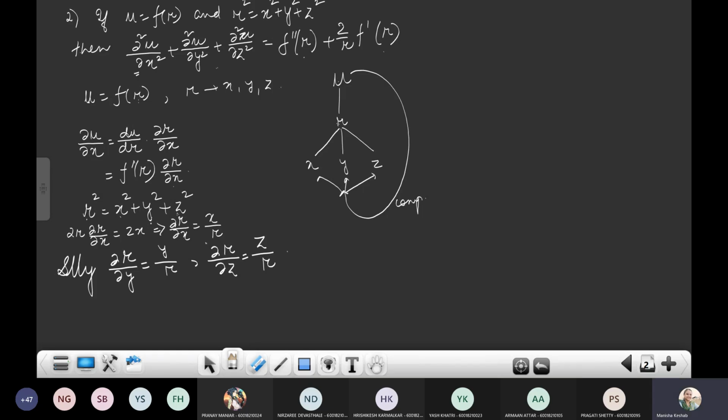So therefore, now we can write del u del x is equal to f dash of r into del r del x, which is x upon r. Now here we can write this as f dash of r by r, that is, this is fully a function of r alone, into